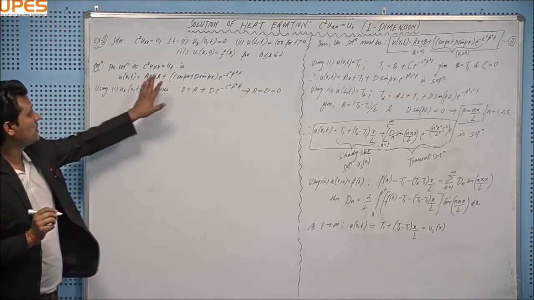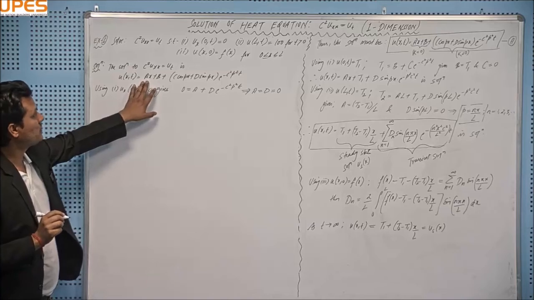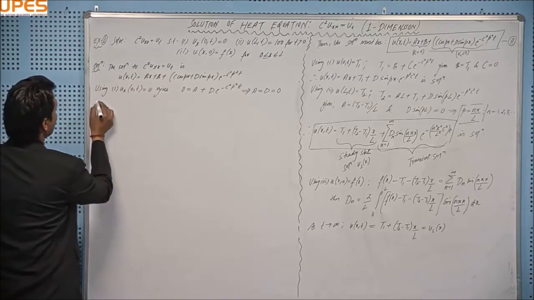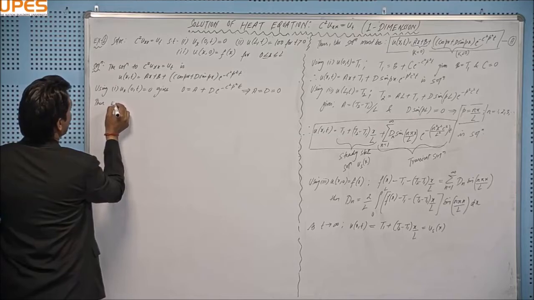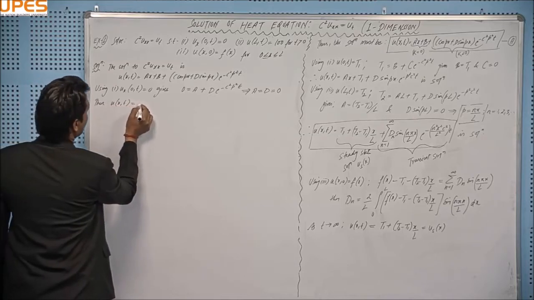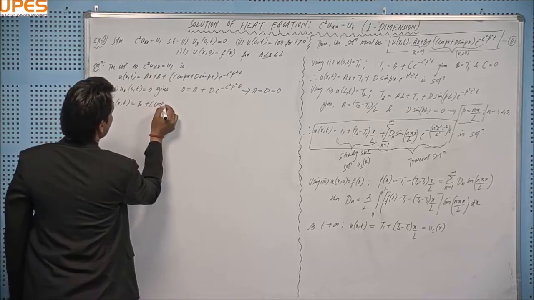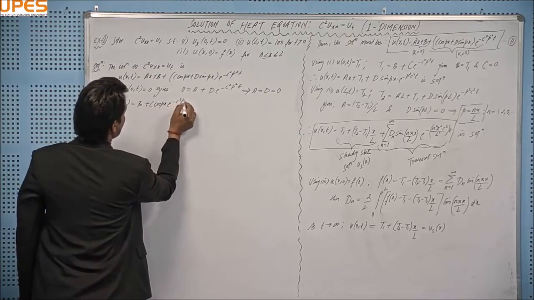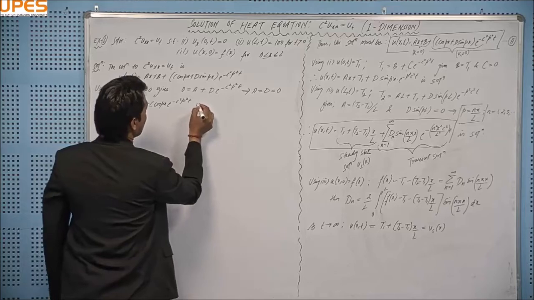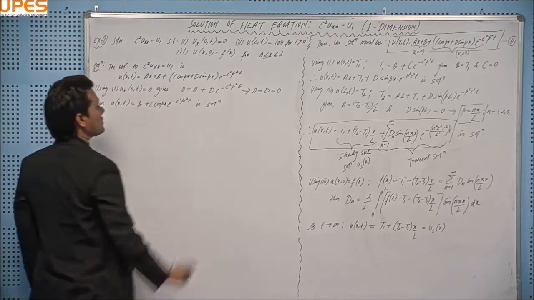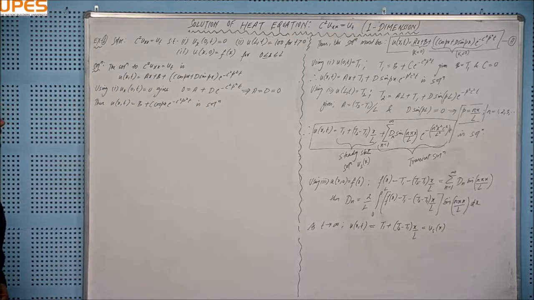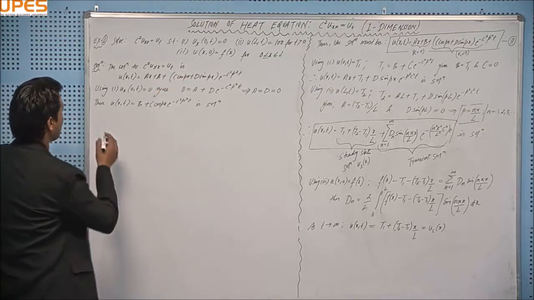Then I will plug this a and d here in my solution. This is my solution, right? Then u(x, t) equal to b plus c cos px e to the power minus c square p square t is the solution. Refined solution with a lesser number of constants. Then using that second condition,